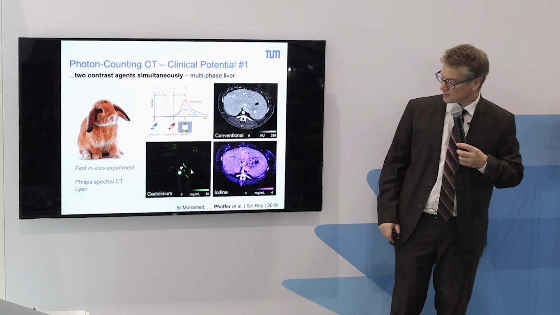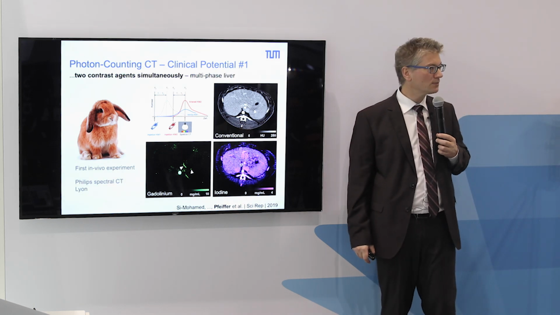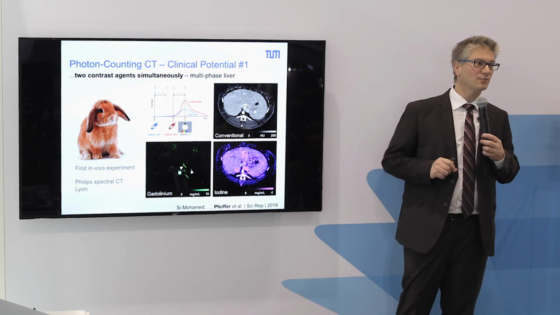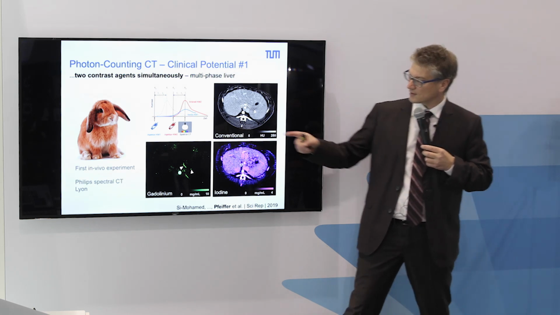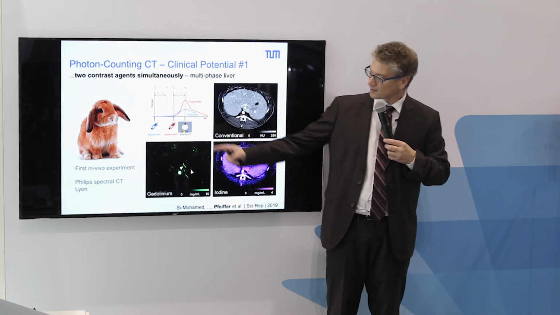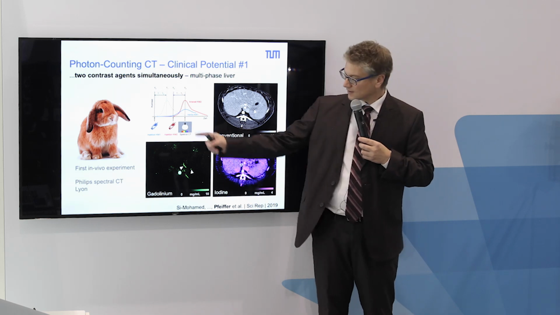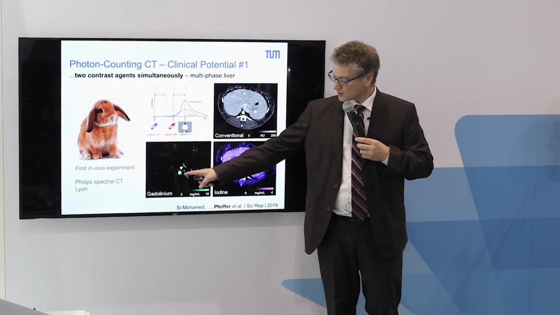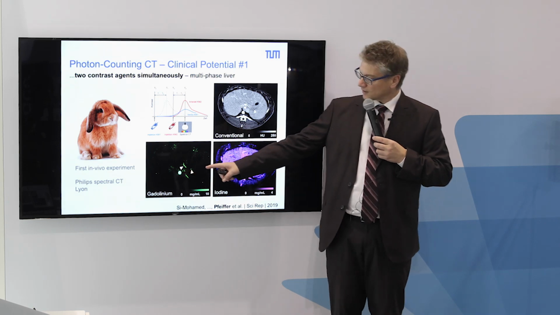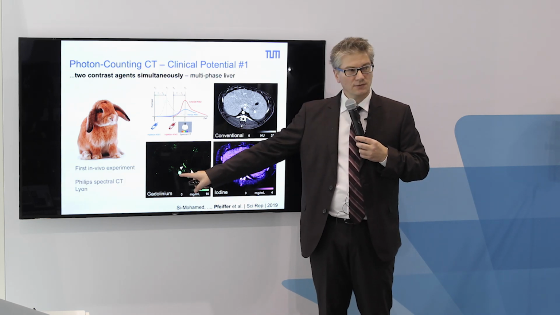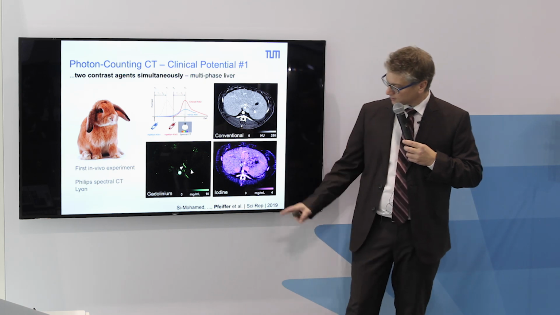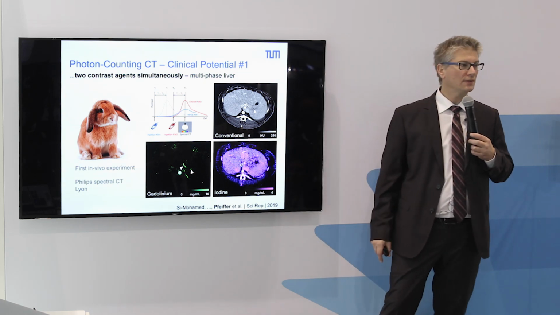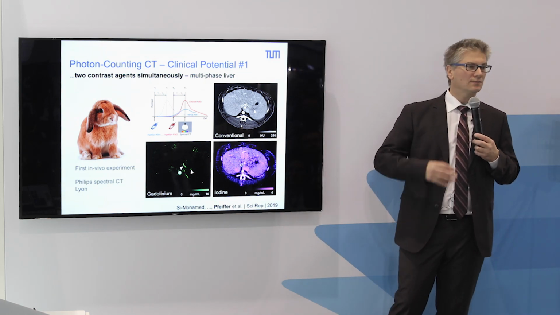This is one of the first scans actually done at the Philips system in Lyon, showing that at least in principle it works. So this little rabbit has been taken and got a gadolinium injection, a little later iodine injection, spectral CT scan. And this now shows the separation into gadolinium, where you see actually the gadolinium was here for the arterial phase, so you see a signal in the aorta, and a little later the iodine for the whole parenchyma. But that was not yet with the